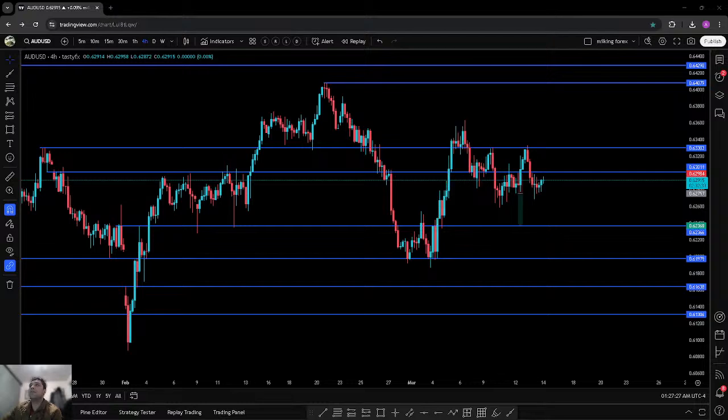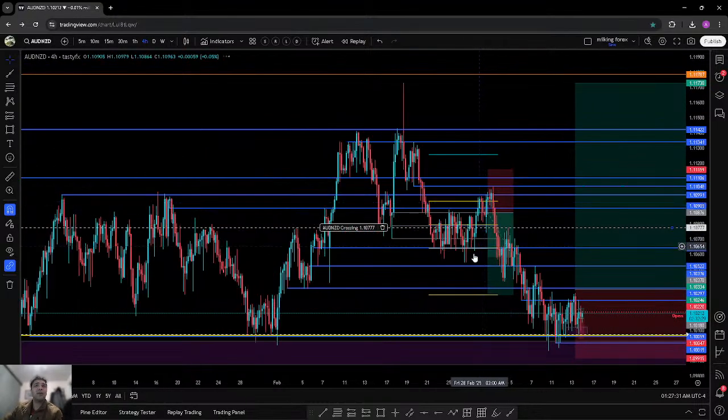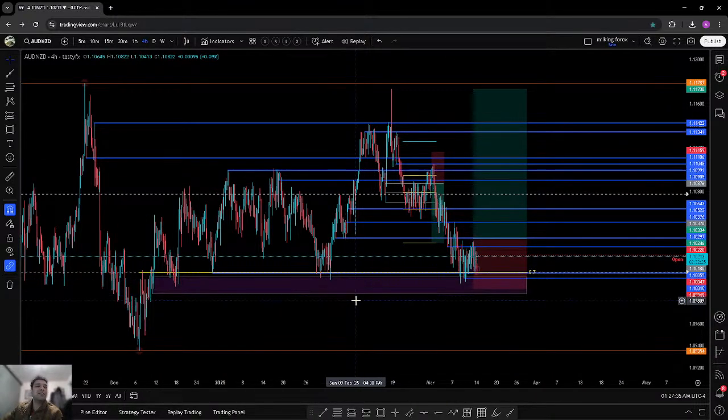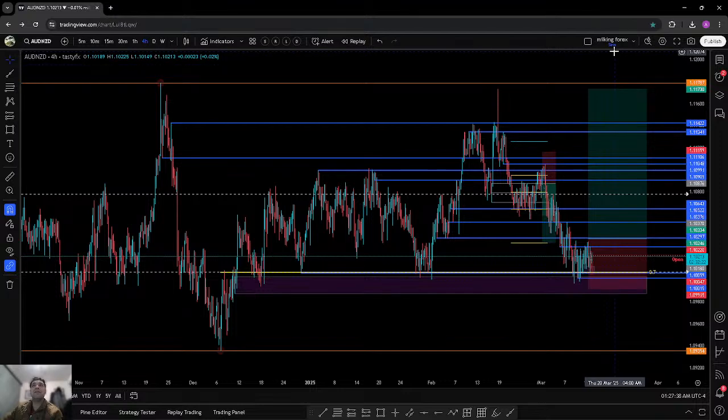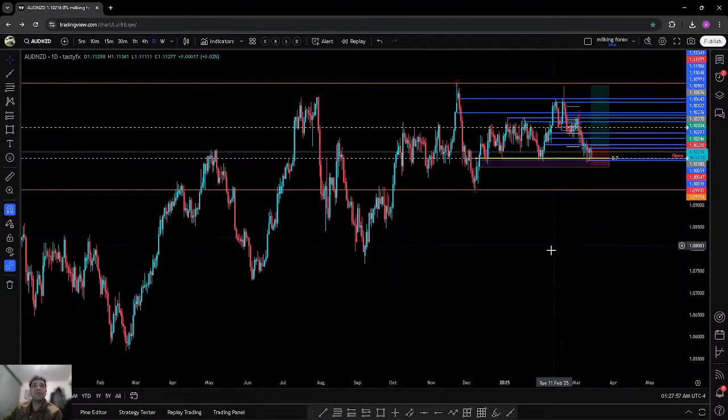So this is how you can actually analyze this pair right now. And this is New Zealand, Aussie NZD right here. And Aussie NZD is basically the trade which I've actually taken in reality. So the thing which triggered me right now is that we can see this order block right here. This trade is more clear on the daily time frame.